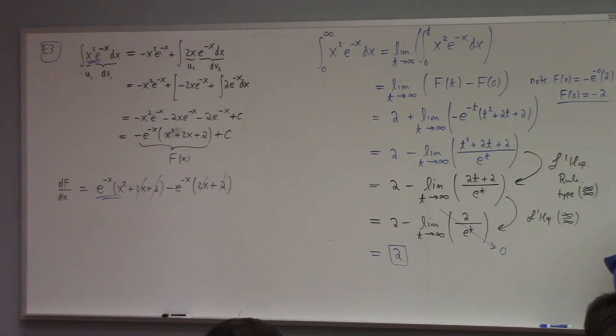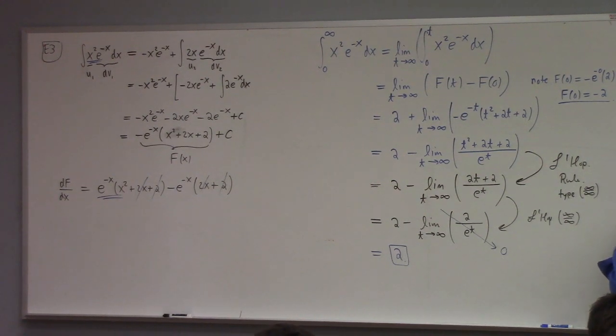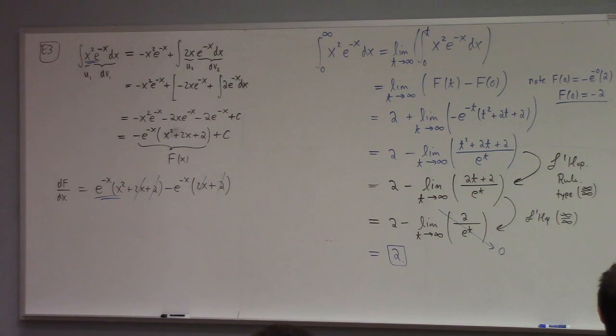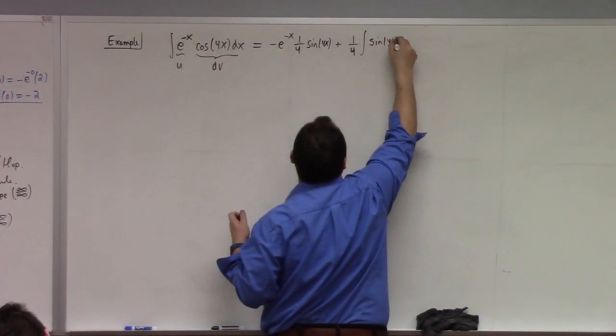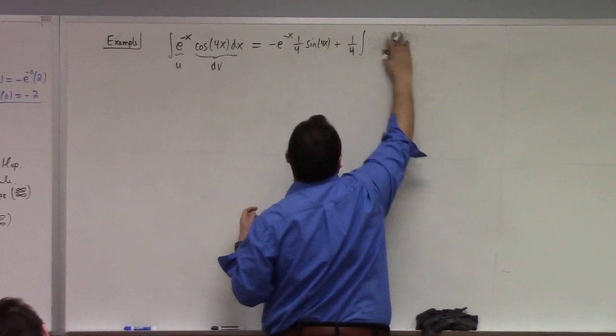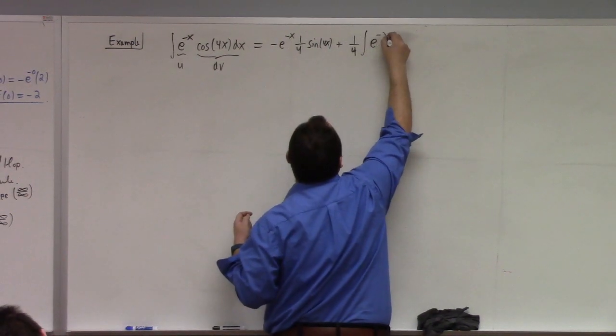So this is my dv, this is my u. I get minus e to the minus x times 1/4 sine 4x plus 1/4 integral of sine 4x, e to the minus x,